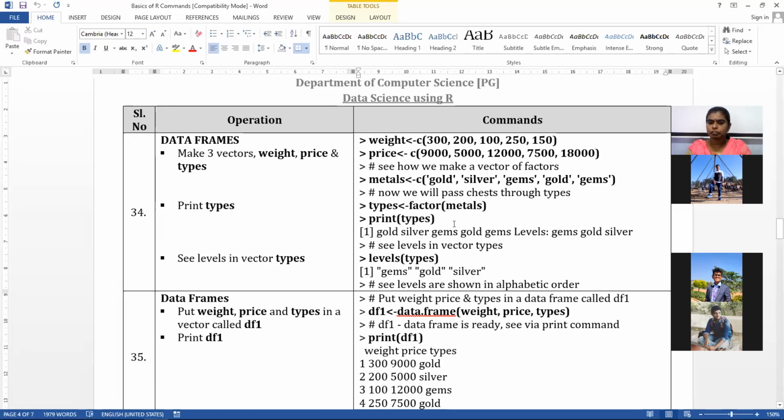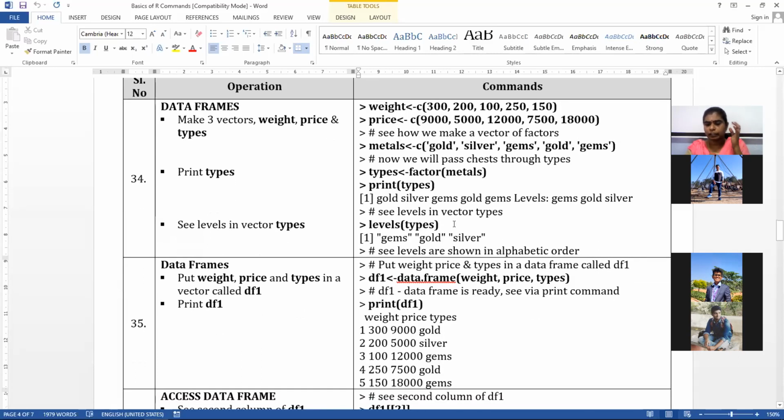How do we do that? We say that this weight, this price, and this metal is going to be my category, or I can say it's a chest type. Here in the metals they have given gold, silver, gems, gold, gems. It means this is the type of the particular row.